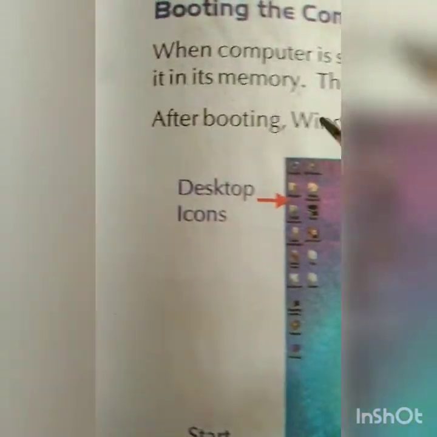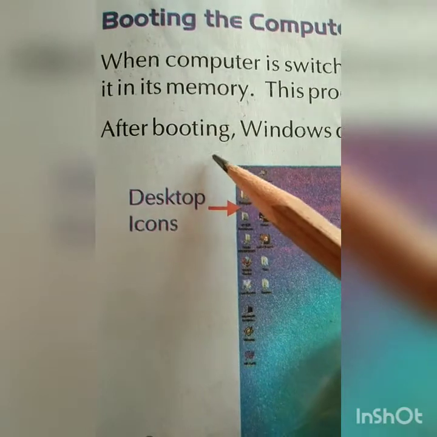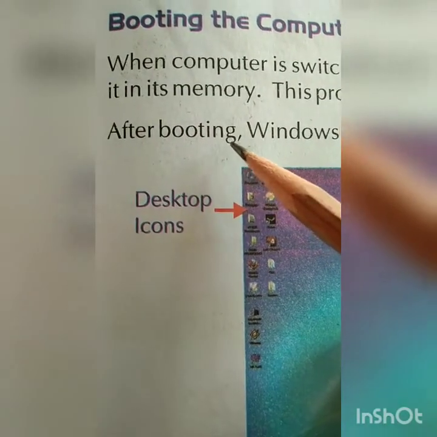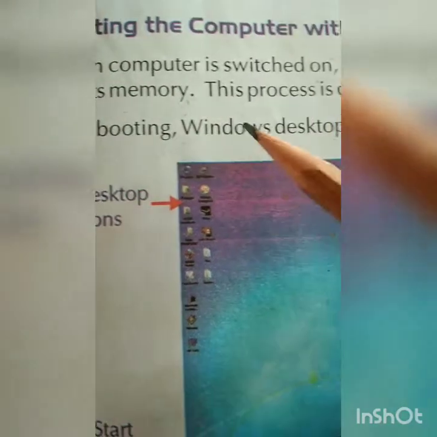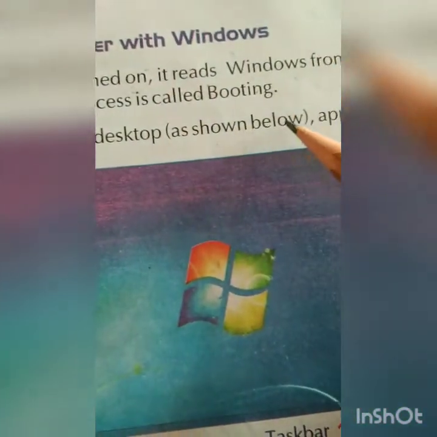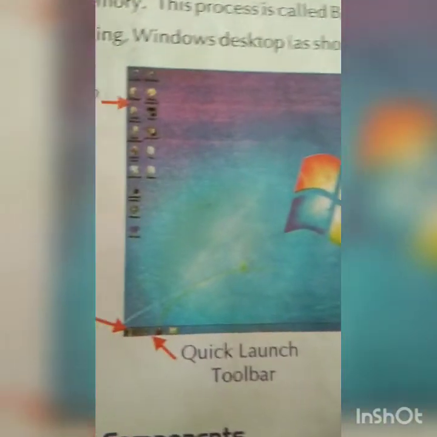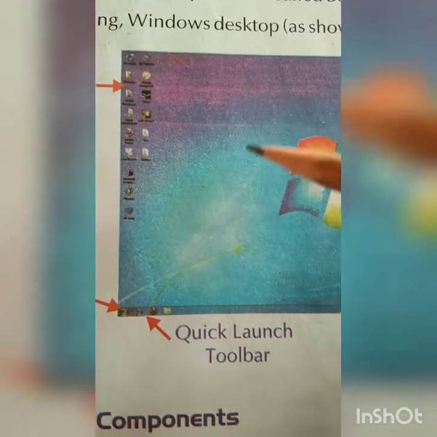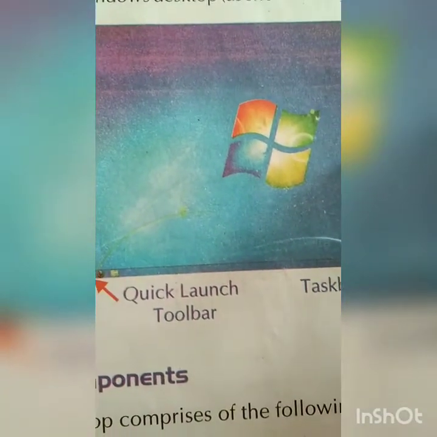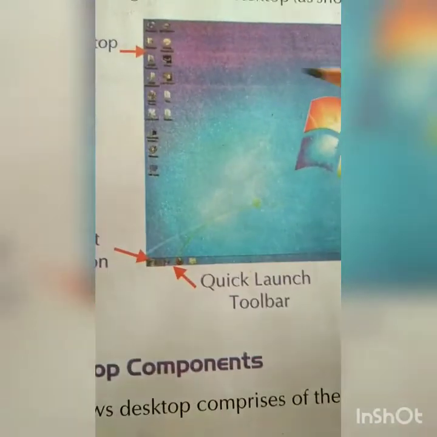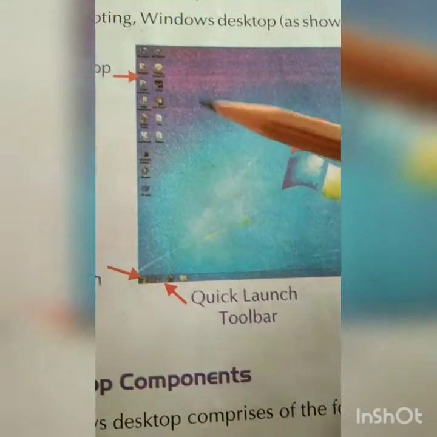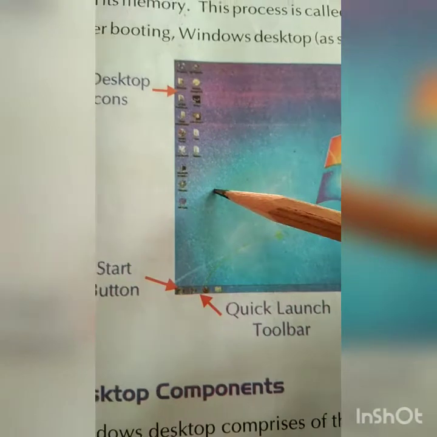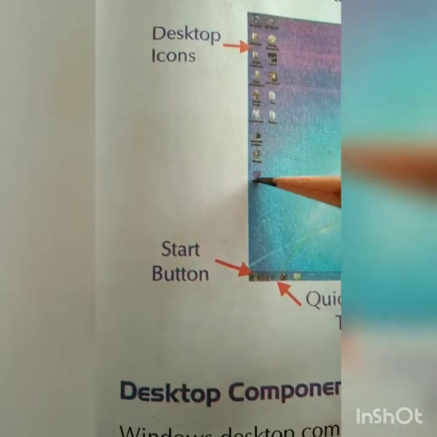After booting, the hard disk knows that the computer is switched on and it has to start its work. A message is given. After booting, the Windows desktop, as shown below, appears on the monitor. When you switch on and booting is done, you will be able to see this screen. This is the desktop background, and these are icons on the desktop, one type of program icon.